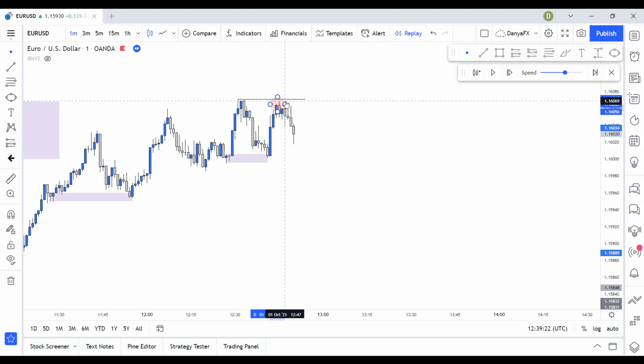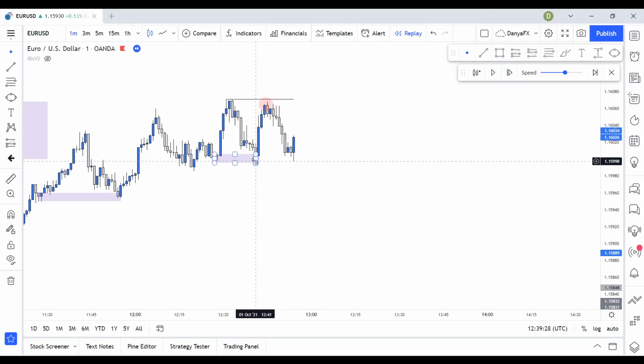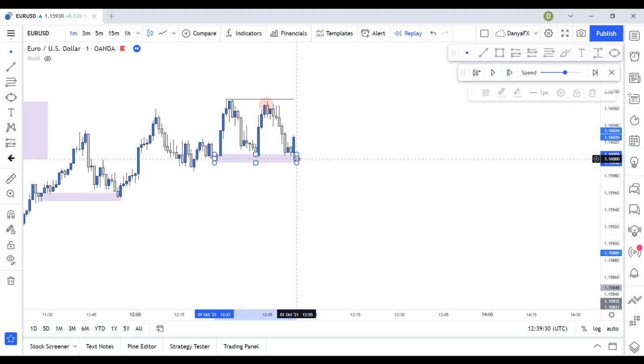Has failed to do so. So now we see, and the price retraces back, and now it is not a demand zone. It is more of a liquidity to target, and this is our demand zone right now,